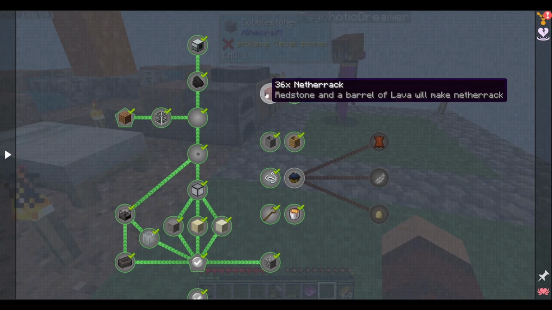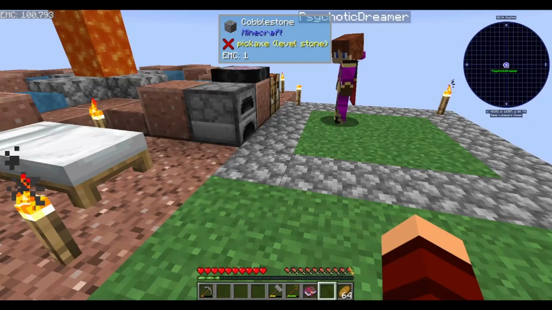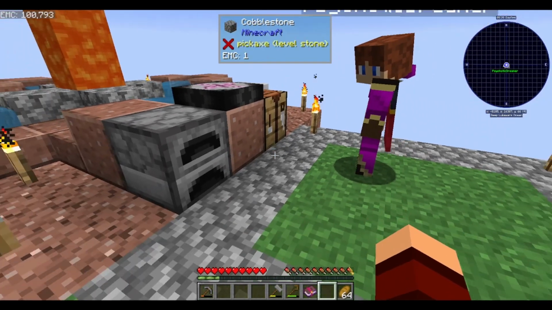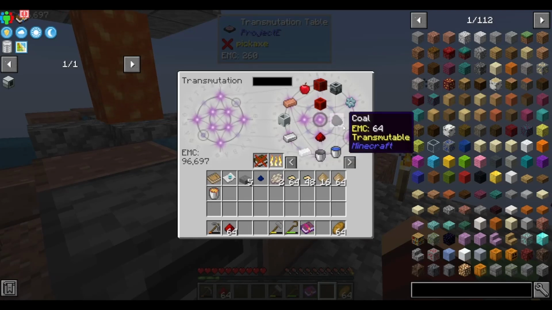So we need to make 36 netherrack. Oh, that's a lot of netherrack. Yeah, because that's redstone and lava, I believe. Which we have. Let me see what our